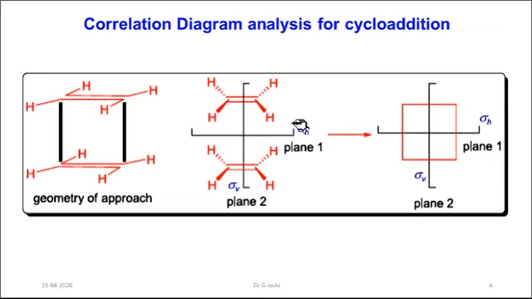The horizontal plane is a simple mirror plane. The horizontal plane of symmetry, which is referred to as sigma H, is a plane between the two components of perpendicular p orbitals. Whereas the vertical plane, which is referred to as a mirror plane, is known as sigma V. It splits the molecules into two equal halves perpendicularly through a sigma bond. These planes shall be referred to as plane 1 and plane 2.